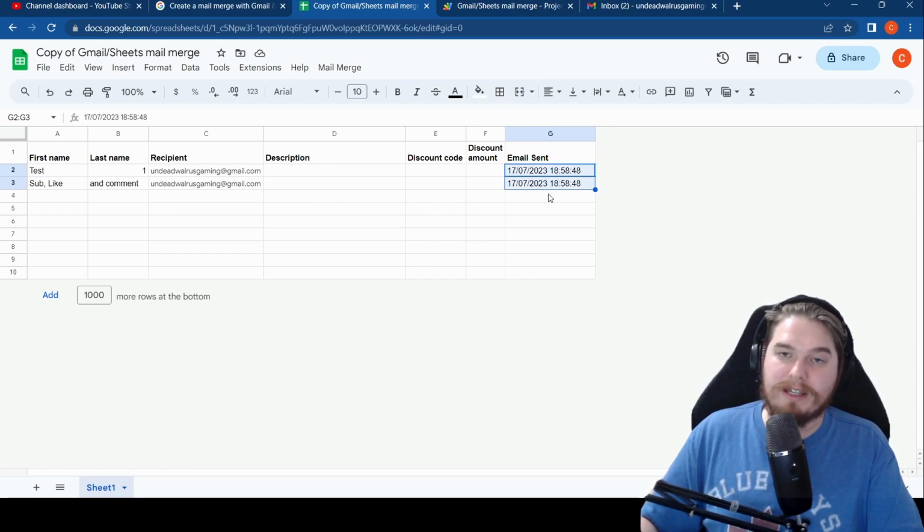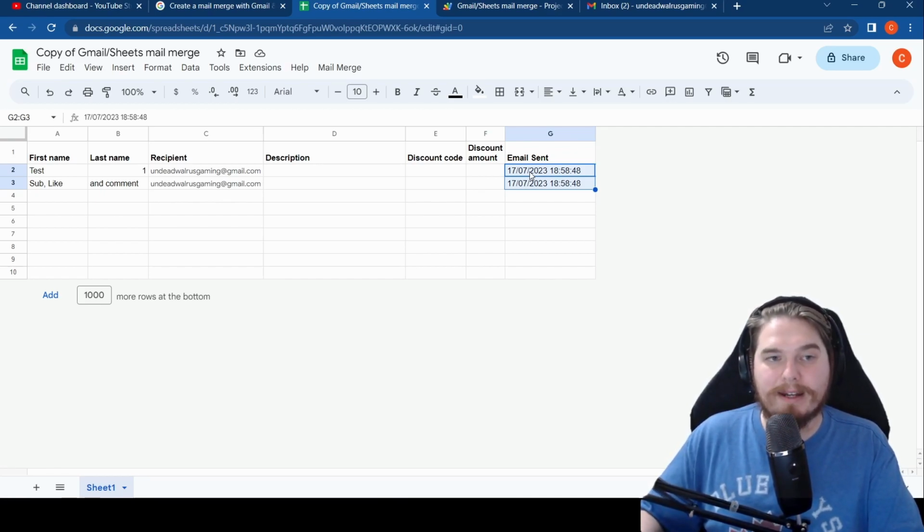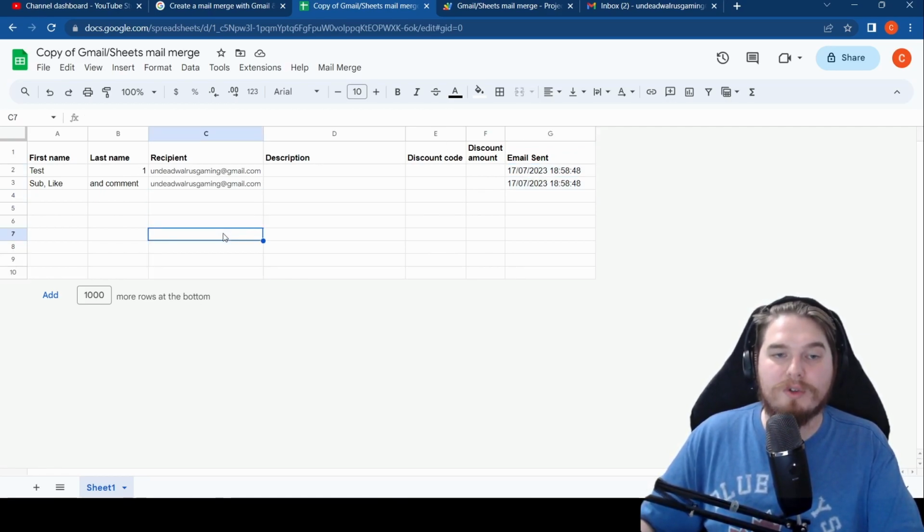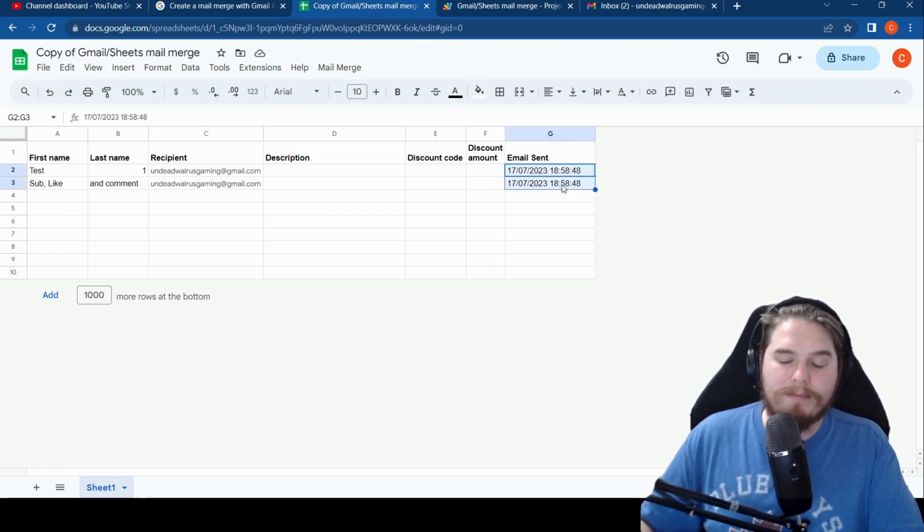And that's because before it sends, it goes, oh, is this column populated? If this column is populated, it doesn't send it back to those people. That means you can keep adding to your list and you can see, oh, I sent to A, B, and C people on the 17th, and then I added like 20 more people. So I've sent them,